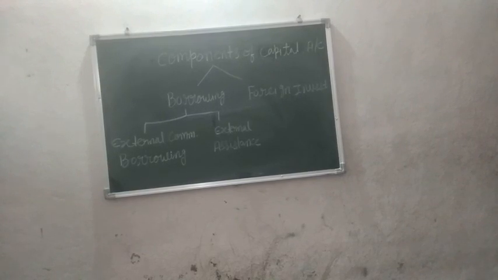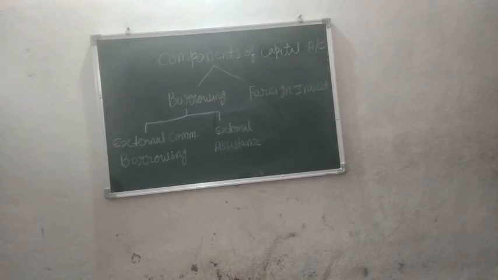The principal difference between the two, external commercial borrowing and external assistance, is that while external commercial borrowing is available at a market rate of interest in the international money market, external assistance is available at a concessional rate of interest. Okay, if you want borrowing for the commercial purpose, then you will have to pay a higher rate, while if you want external help for assistance or non-commercial purpose, then you will have to pay less rate of interest. Okay, beta.